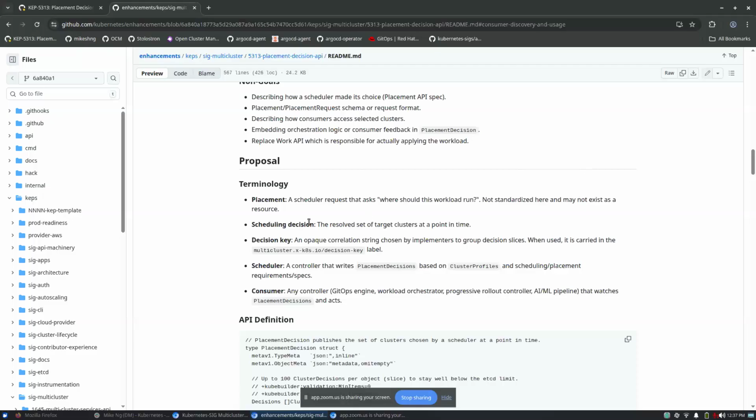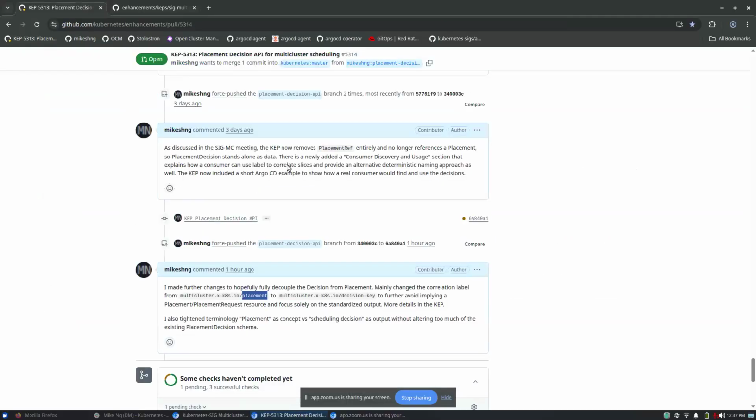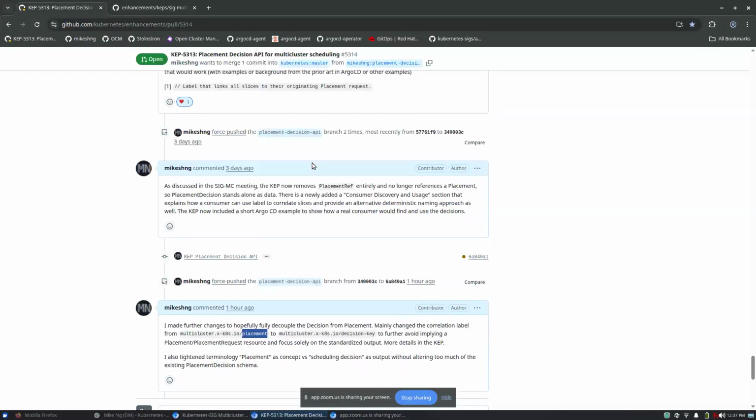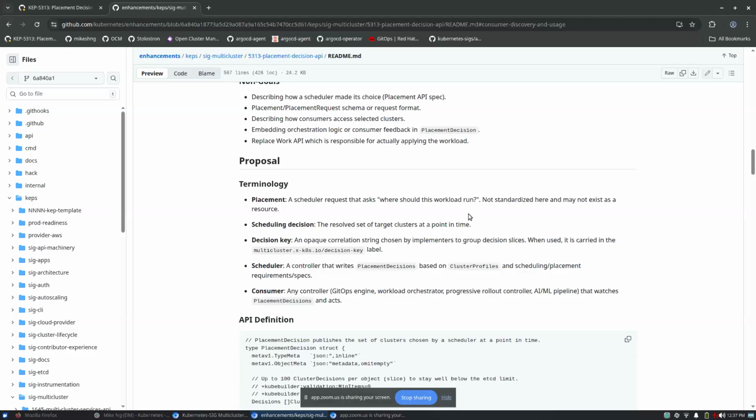And then I added the new term scheduling decision, which reflects more of the reality of this cap, which is the outcome of the scheduling. So those are the changes that I made. I'm happy to discuss here, and I'm also happy to wait for reviewers to go over the changes and provide additional feedback. That's all I have for today.